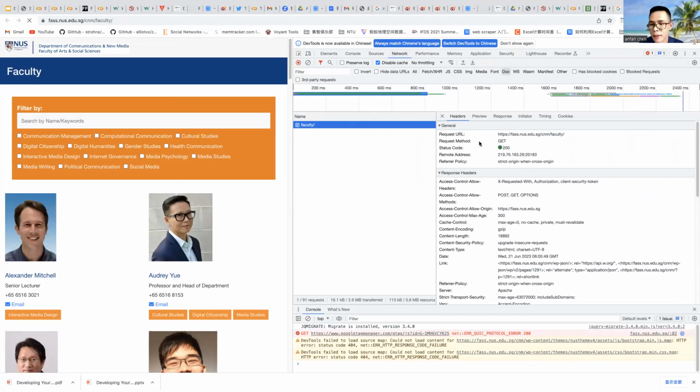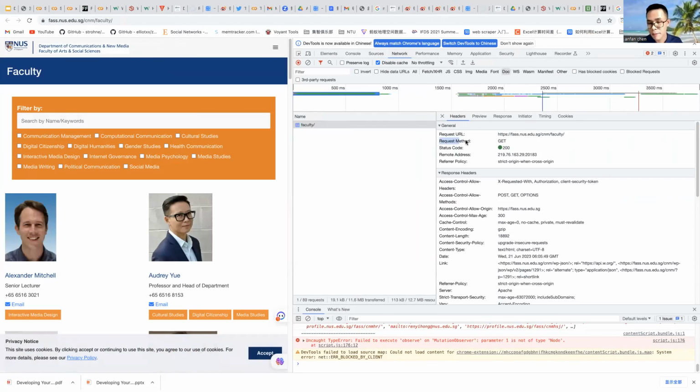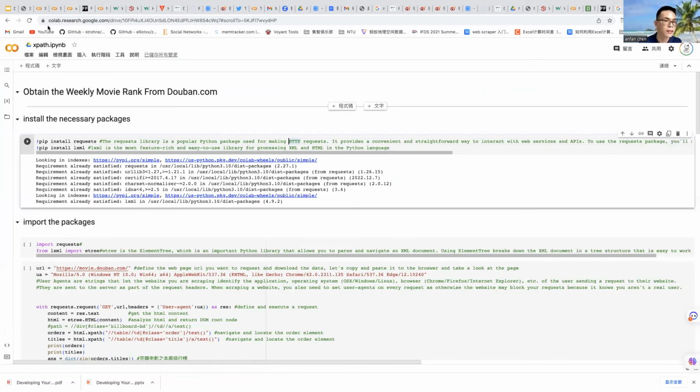You can see the request method is GET, and it will give a response, the response headers, and other things. So during this process, we need the requests function of Python.